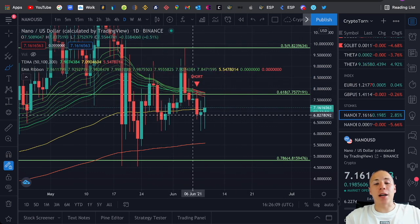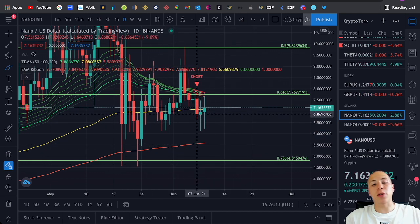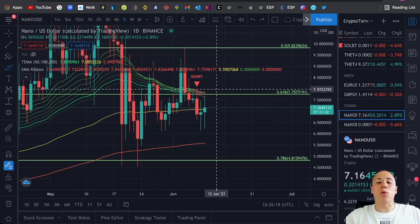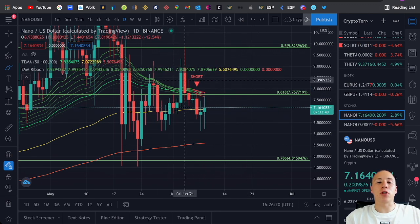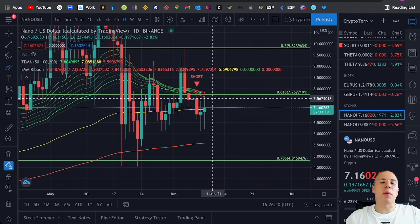And what we are seeing is a clear sign that it is very probable that we will see the price action of Nano going towards the downside instead of towards the upside. And that is also what we were seeing on the Bitcoin chart previously. It still looked very good on the daily chart if you take the moving averages into consideration and the EMA ribbon, but the MACD, a huge momentum indicator, is telling us that we will see momentum towards the downside